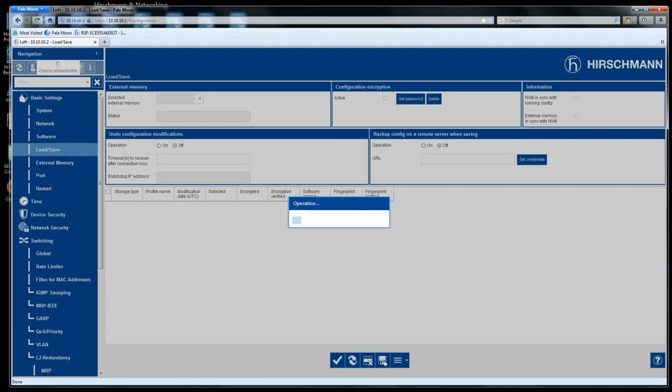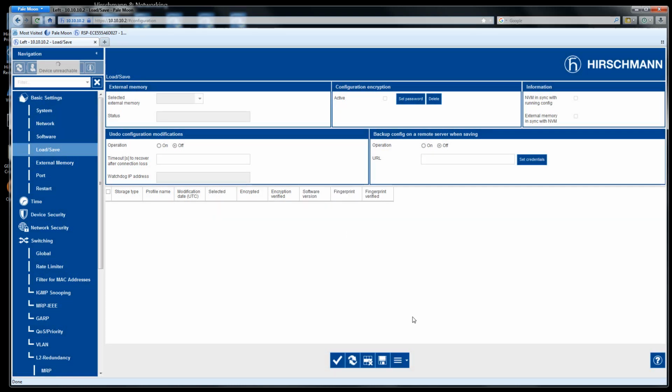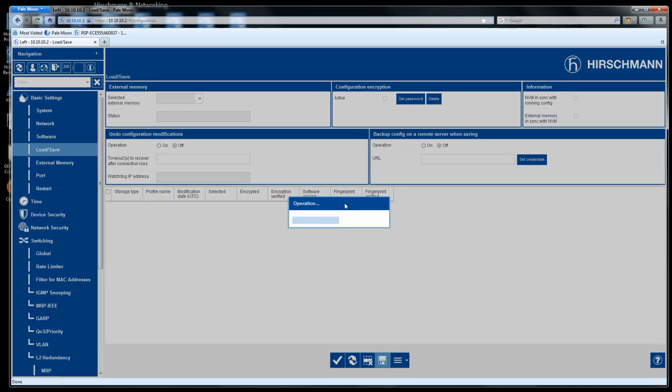I just realized that by me turning off spanning tree on those ports, because I have all of the switches configured in a ring, I now have a broadcast storm, which is why we have this happening. So what I'm going to do is I am going to break the ring. So I've just broken the ring, and we have communication that's been reestablished. And what I'm going to do is I'm going to go ahead and I'm going to save this configuration to the switch. So configuration has been saved,